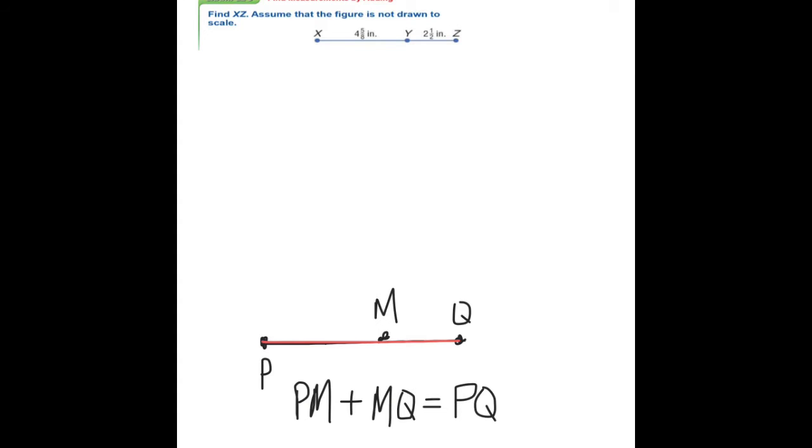And if we were just to give some arbitrary measures, like if I said PM is 4 and MQ is 2, well, is 4 plus 2 the whole measure of PQ? Yes, and that equals 6. So that's true. So that's what this is saying, okay? That's all that the definition of betweenness is saying. So we're going to use that information,